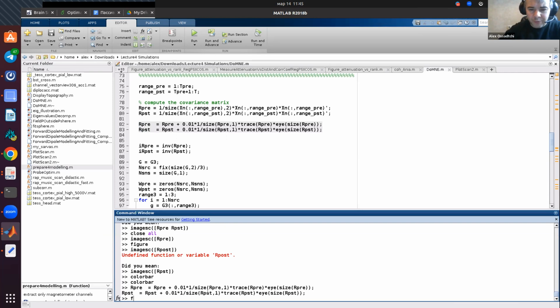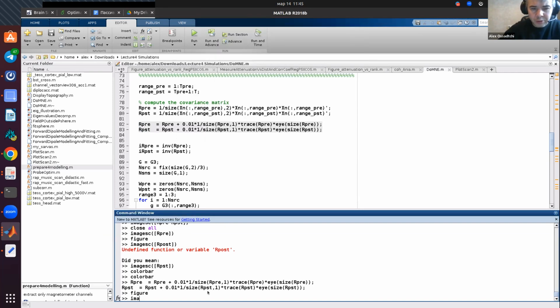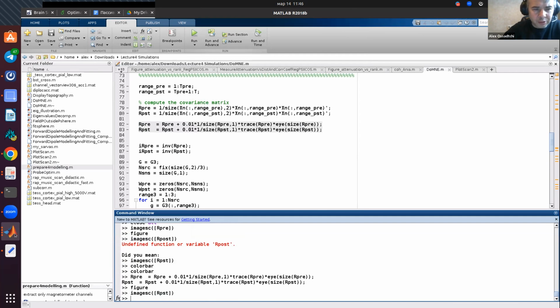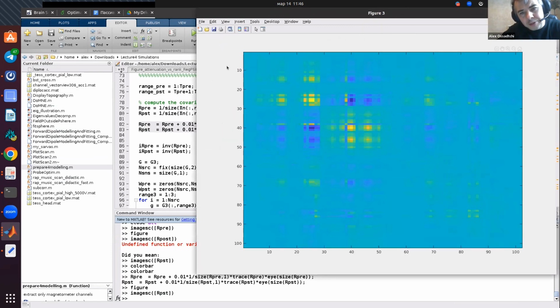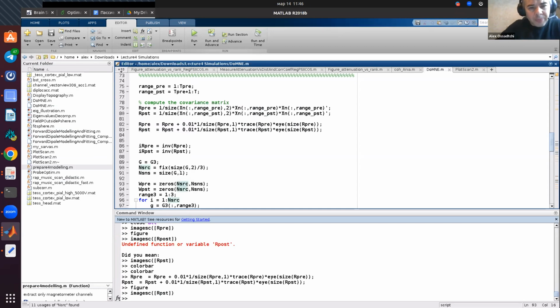Let's look at this matrix after the diagonal has been raised. You will not even notice it, right? But it's slightly higher than it used to be. Okay, so anyway, now